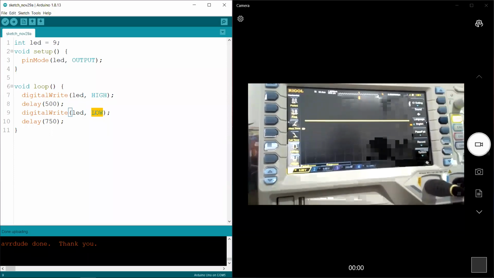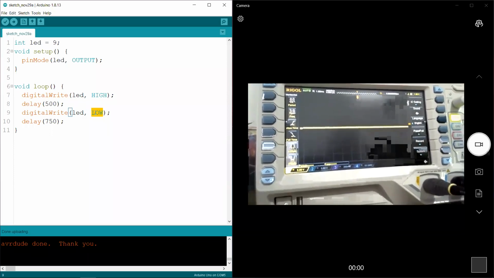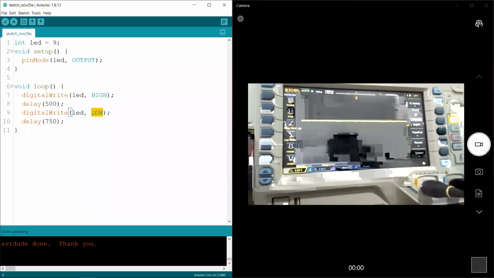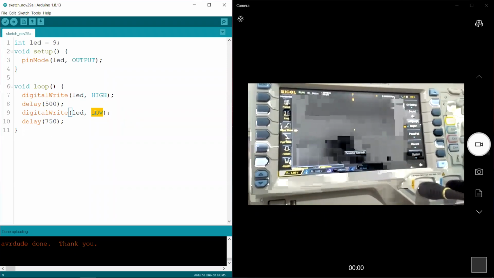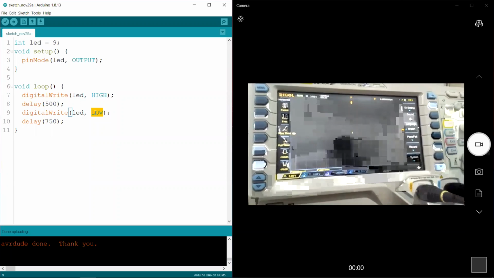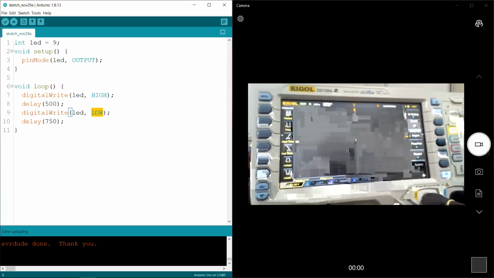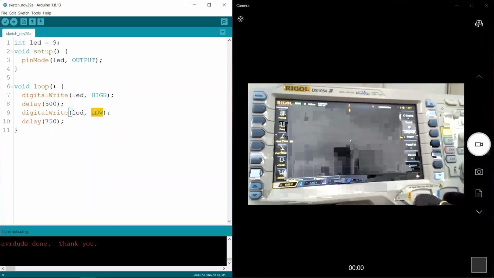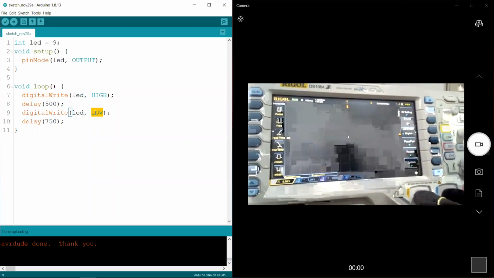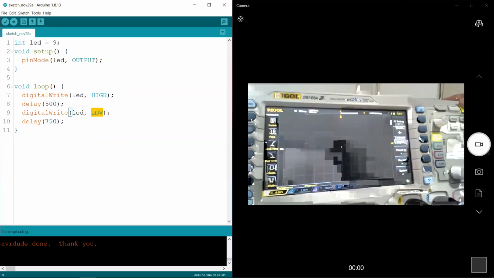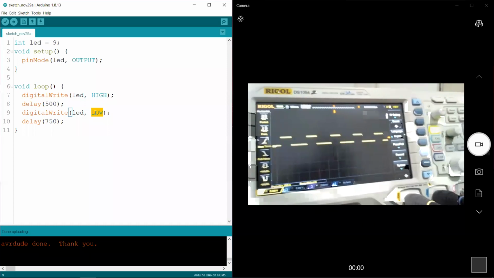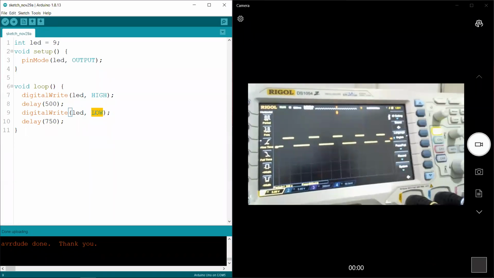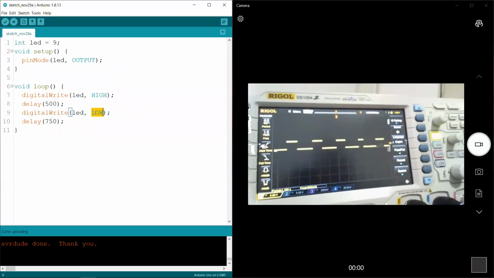So if I reduce the time base a little bit, give it some time. See, so this is the graph you can see.